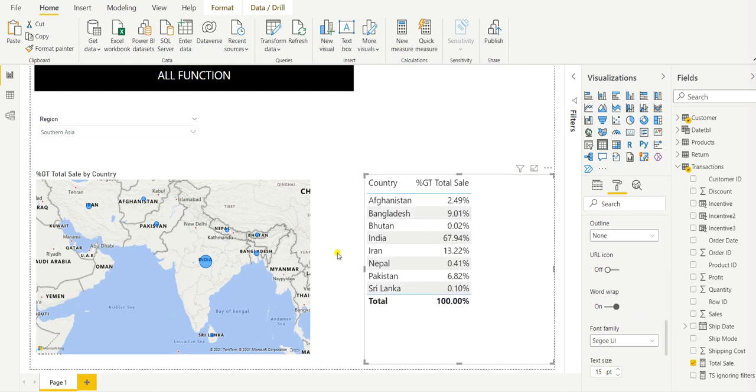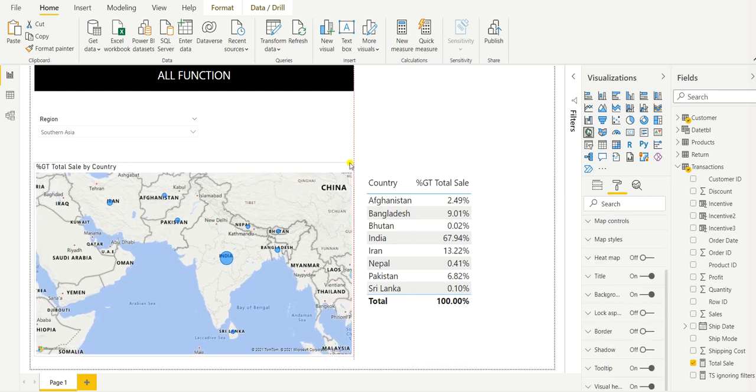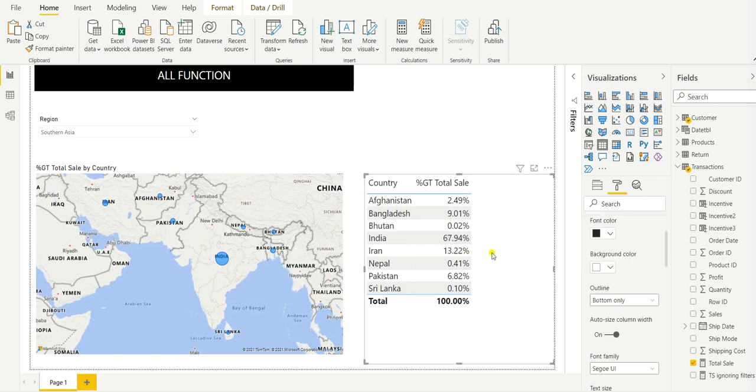I hope this is now visible. In the table also we can see this is showing the filter value, which is 67.94 for India, the percentage wise sale for all the Southern Asia countries.